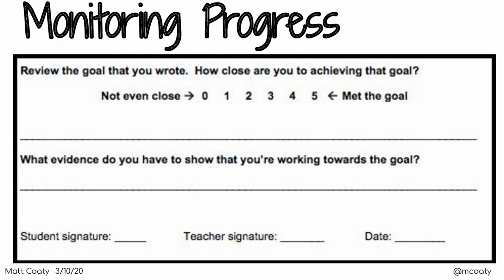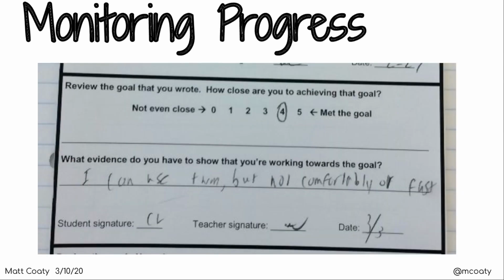So when I put this on the students, how can you show me that you are making progress towards the goal? Students have come up and said, I've been practicing with Khan Academy at home, or I've been using this study piece, or we've actually done this in class, so I'm making progress towards that. And then we sign off on it. This is just meeting with a quick one-on-one. What's your goal? How close are you to meeting the goal? So a quick check-in.